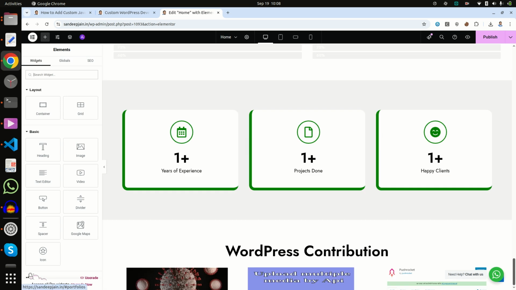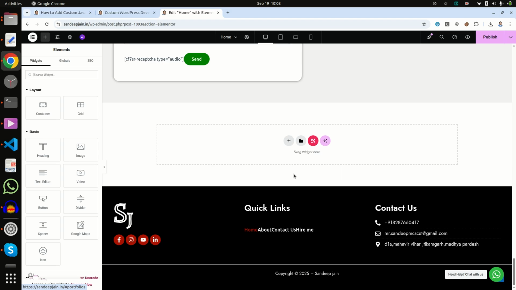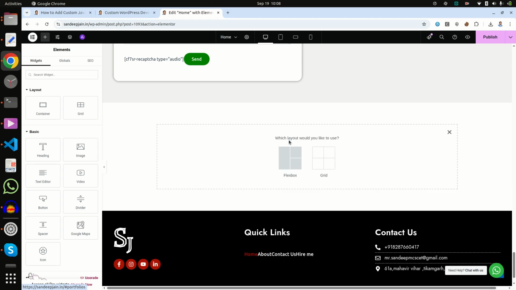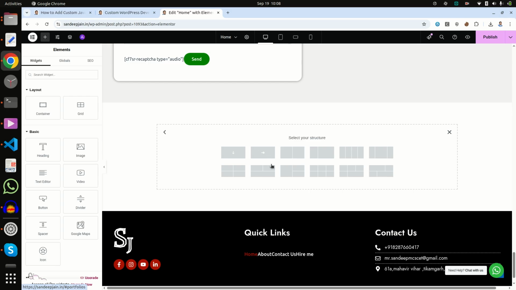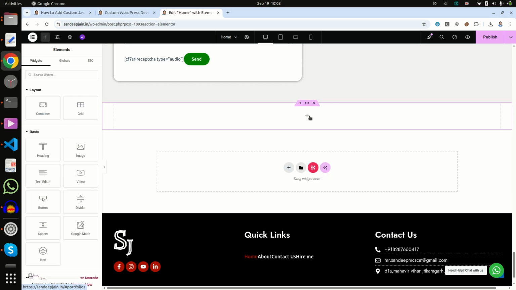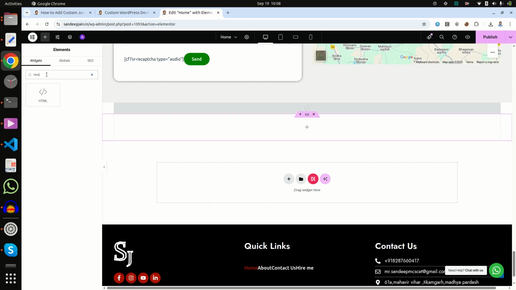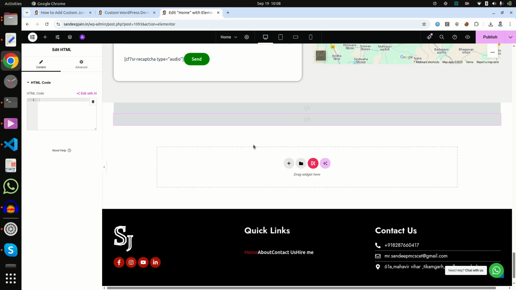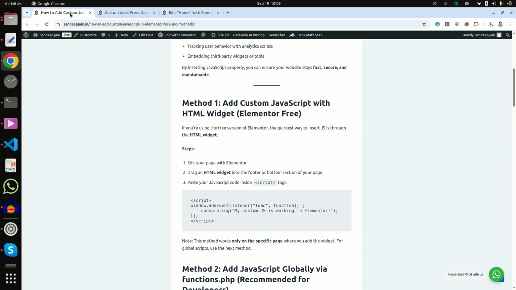Go to the footer and add the HTML widget. Now you can add custom HTML code here.